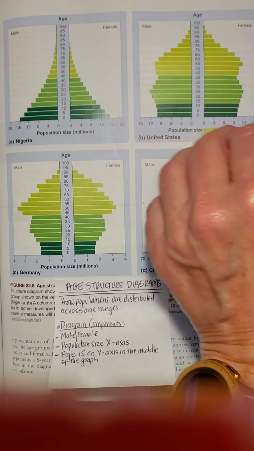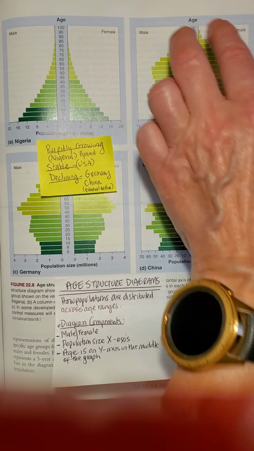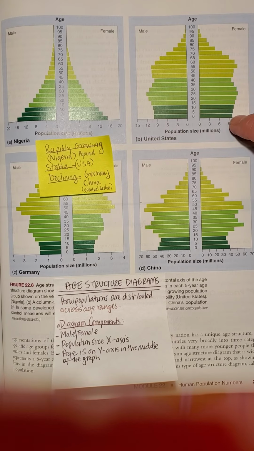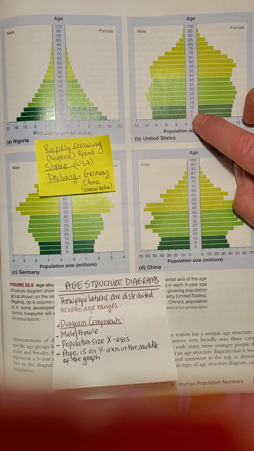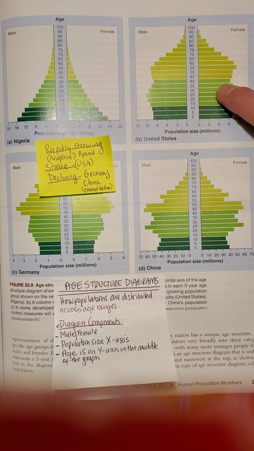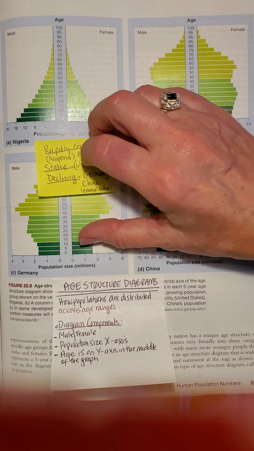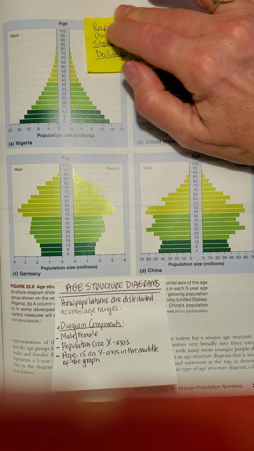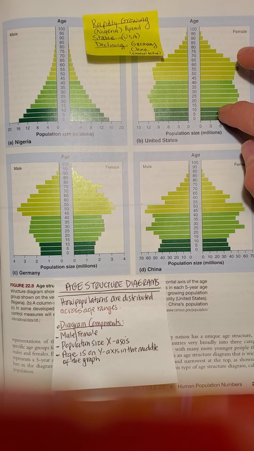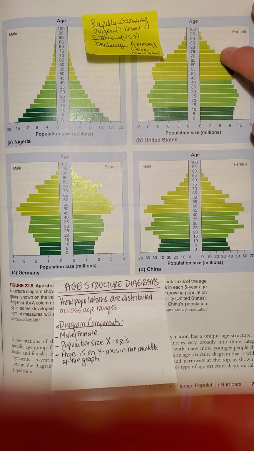Okay, let's look at the United States. Look at this shape. This is more like a column. And then it just takes a nosedive off there, doesn't it? But here's the column. So we have a lot of people living into older ages here. It looks like a column, so it's pretty stable. And that's the United States. That would be an equal or approximately equal distribution of people in the population throughout a wide variety of ages.